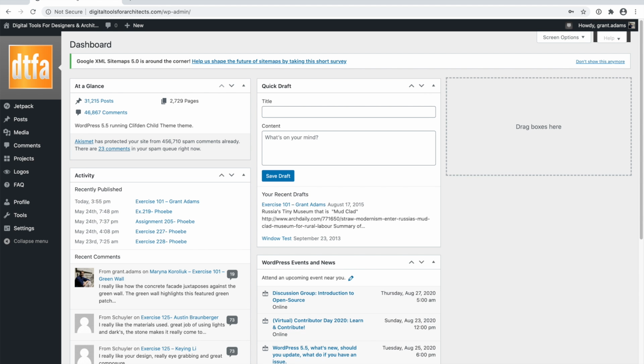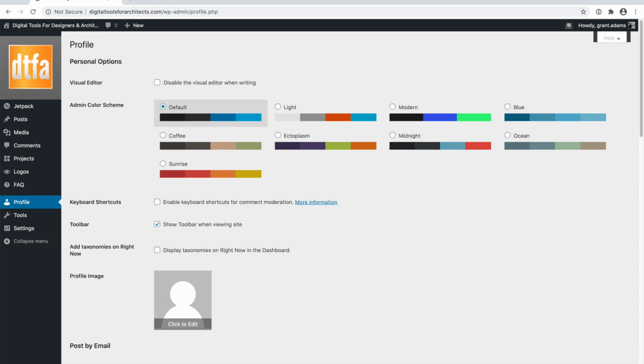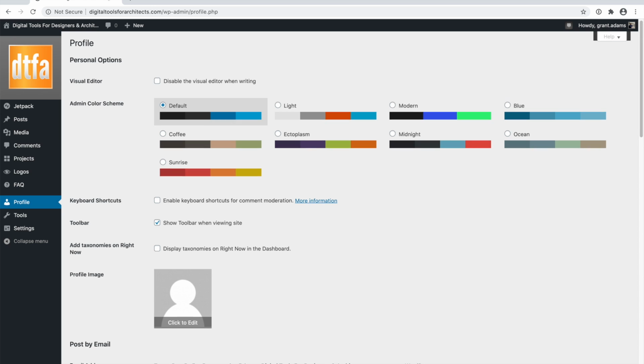And there we go. So this is the back end of the website. It's where you'll go to view your posts and see what you've been working on. What we're going to do first, though, is go all the way down into the section called Profile on the left side here in the black. And if I click on Profile, it's going to take me to information about myself, including the ability to upload a picture, which is always nice because it helps associate your work with you.